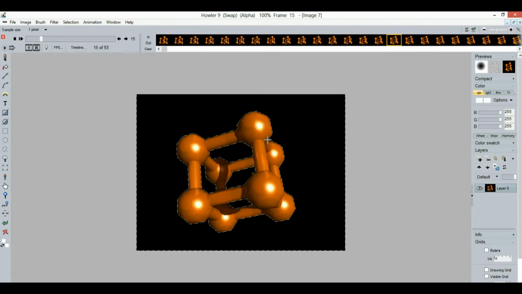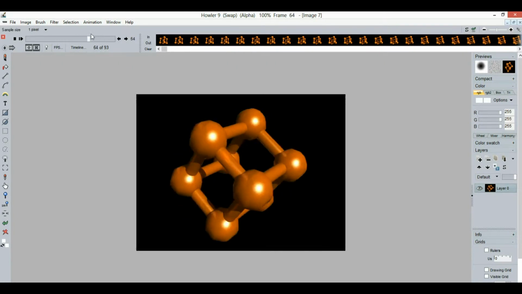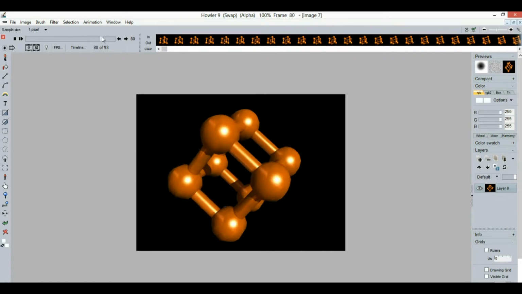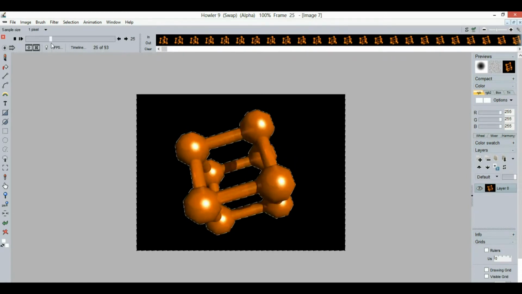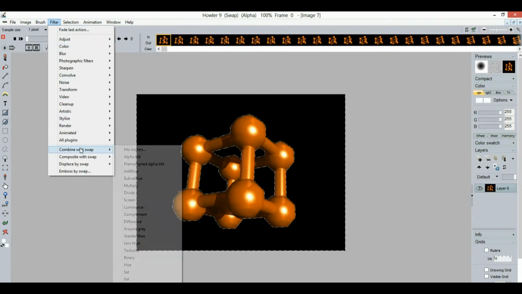Remember, we did a threshold. Actually, I didn't show you how to do that. I'll get back to that, but let's continue here on this one first. So we are now looking through the selection mask that is actually turning with the gizmo frame for frame. And so now at this point, if we go and use that same filter for combining with the mixing of the two buffers,